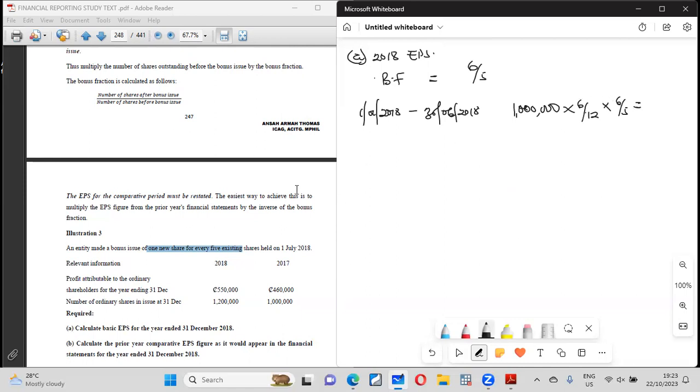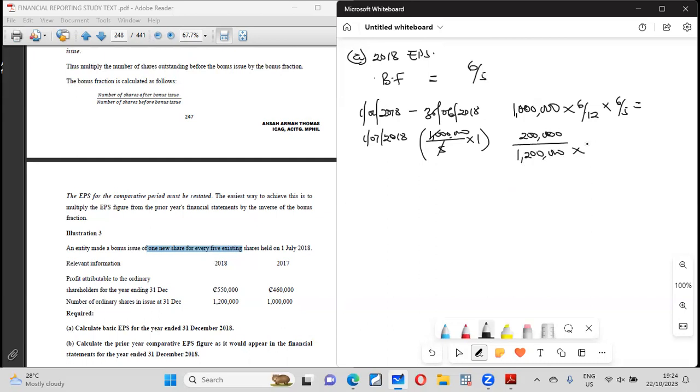Then what happens? There is an issue in July 2018. What was the bonus issue? They told us that for every 5, they will give them 1. Already there's 1 million that they have. So for every 5, they will give you an extra 1. That gives us 200,000 shares. So we will have 1.2